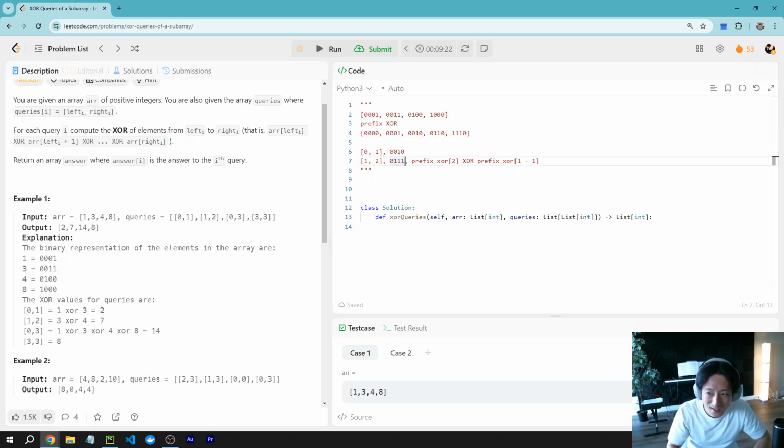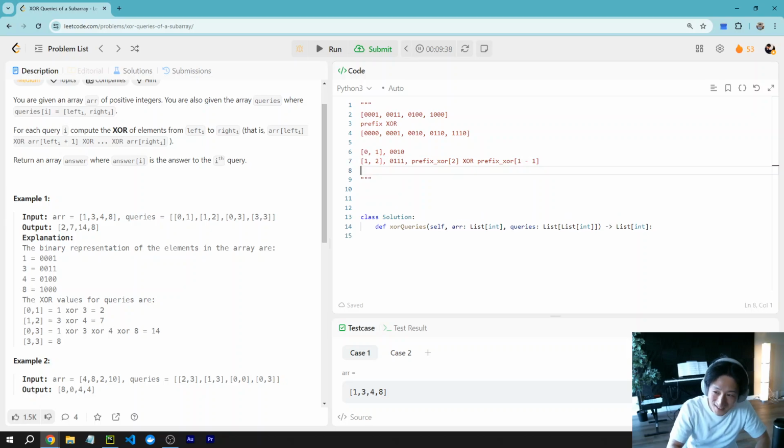Is it coincidence? And then if I want to have 0, 3, I just do XOR of this one and this one. It is supposed to be 14. Is this 14? It's really hard to know whether this is correct. So